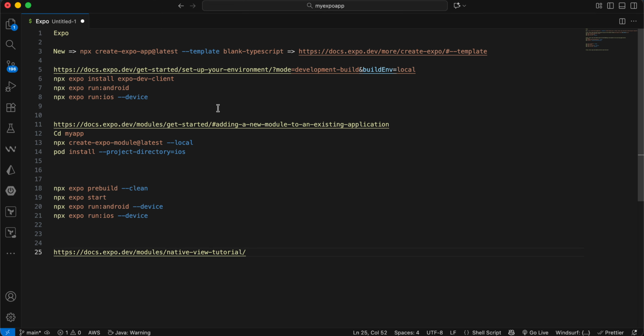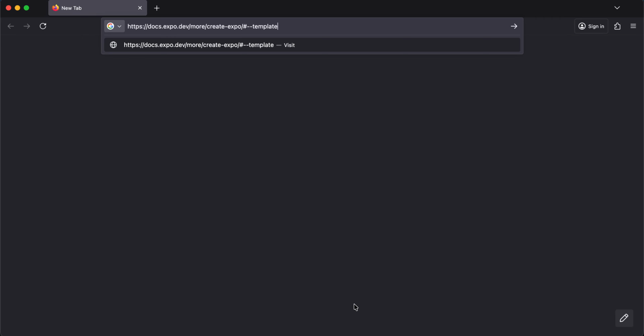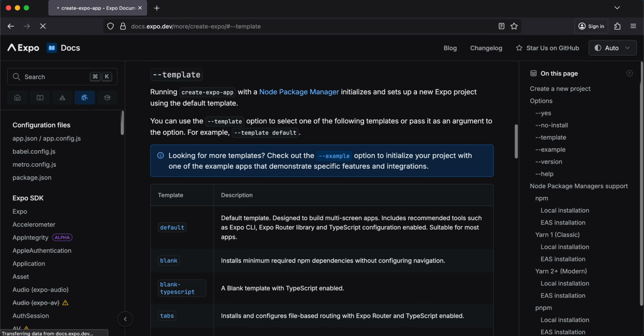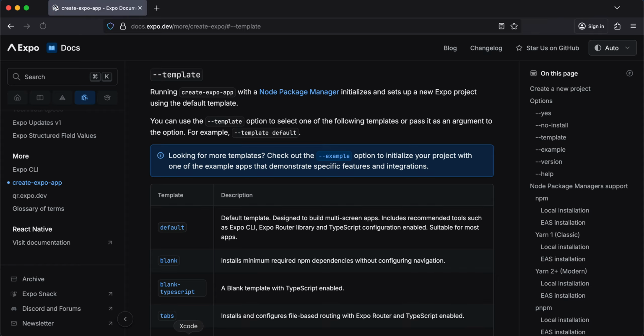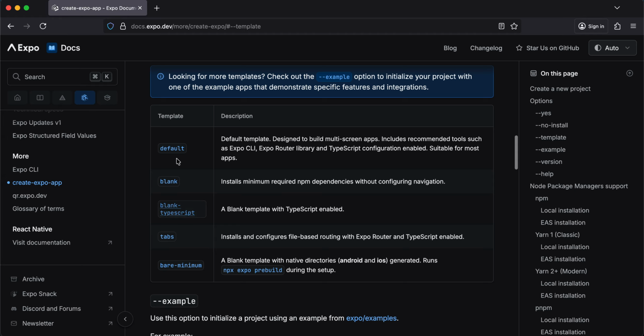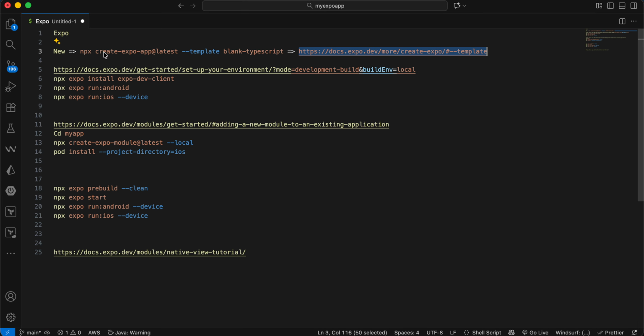So first, this is just a cheat sheet which I have created. So if you don't know anything about Expo, you just need to go to this URL over here, open this, and you need to create an Expo application first. So you can just use any of this default template. I'm using this blank TypeScript template because it has less boilerplate code. So I just ran this particular command which you can see over here, gave it some project name, and yeah,